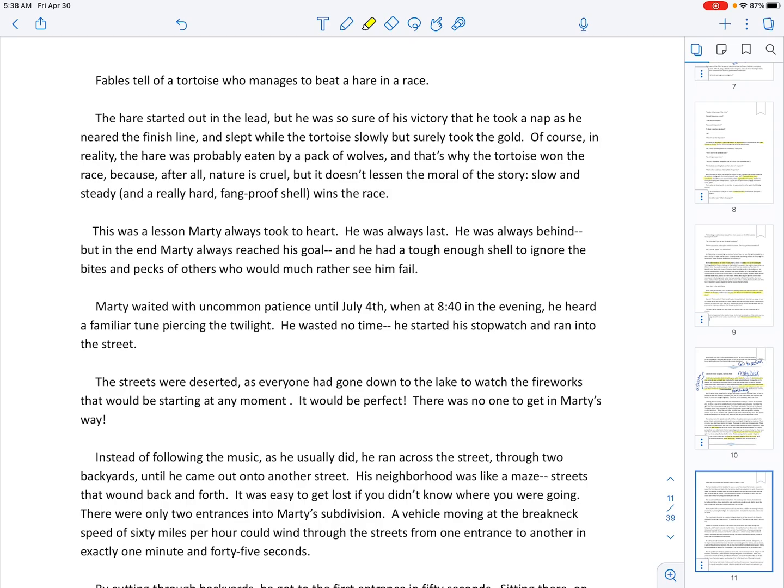Fables tell of a tortoise who manages to beat a hare in a race. So the tortoise and the hare is also the same as the turtle and the rabbit. In a race, usually a rabbit would be faster, but there is a fable that talks about the tortoise and the hare. The hare started out in the lead, but he was so sure of his victory that he took